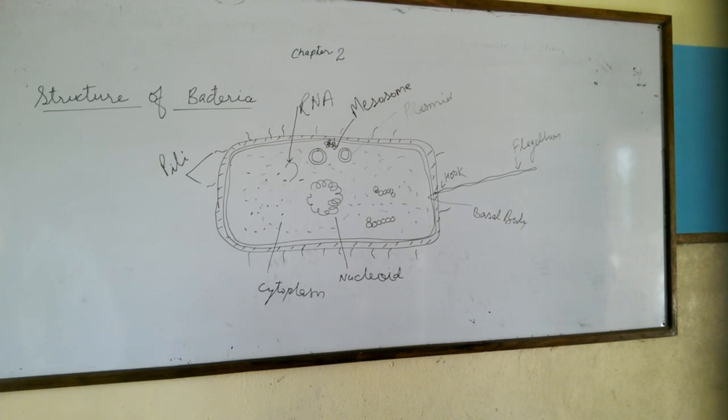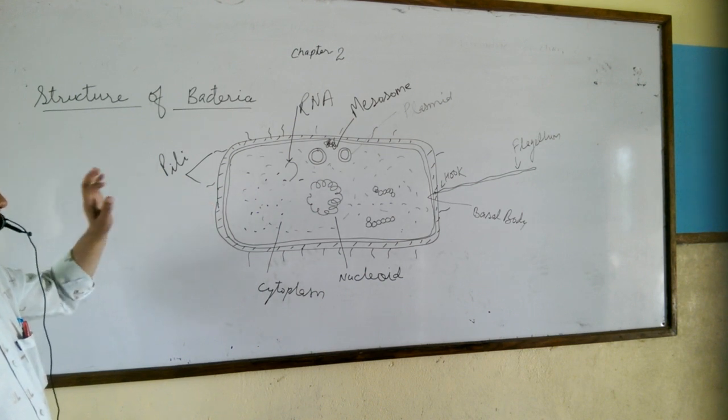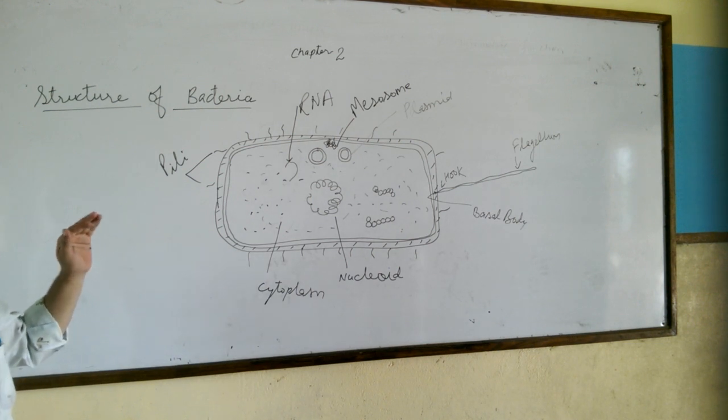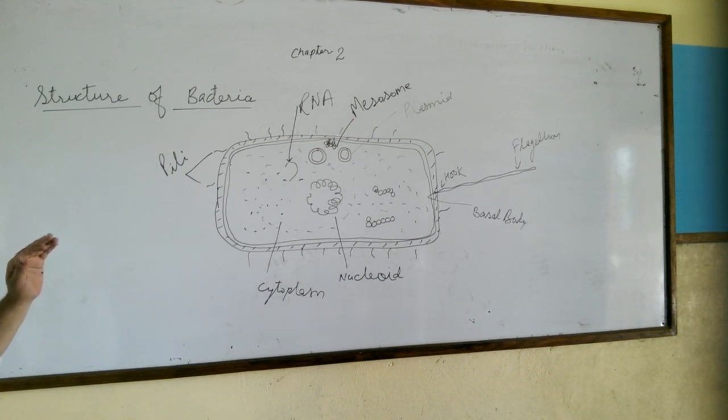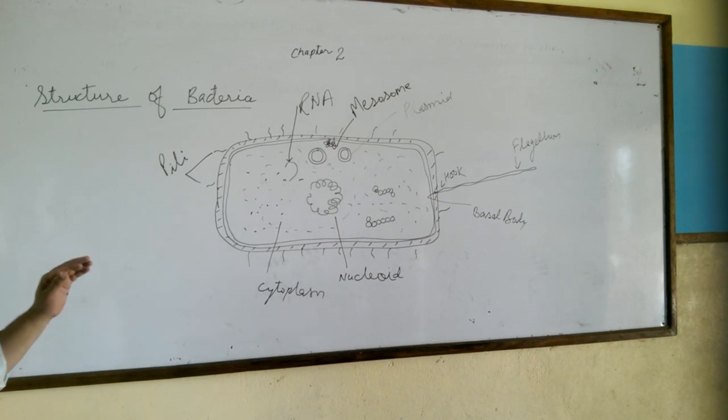When they are found in chain, we call them Streptococcus, or when they are found in the form of bunches, they are Staphylococcus. Now you see, the outermost covering of the bacteria is cell wall. Cell wall is a very tough covering which protects the bacteria from bursting out. It protects the bacteria from attack of other organisms, and it is chemically made up of